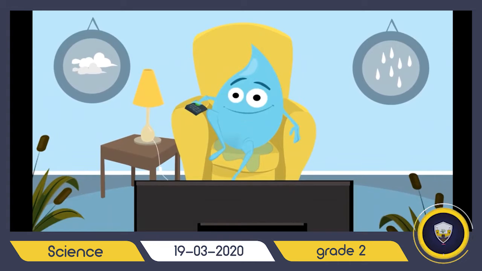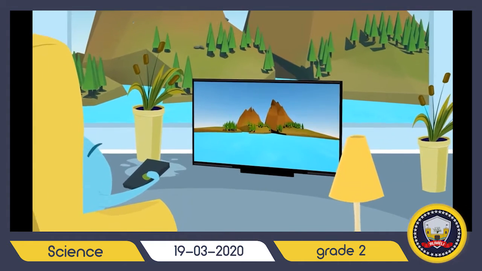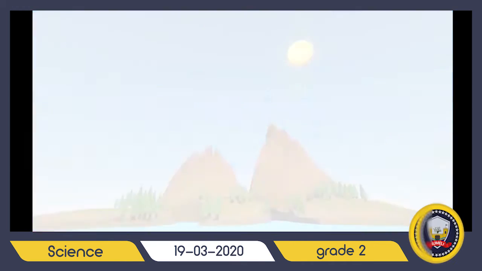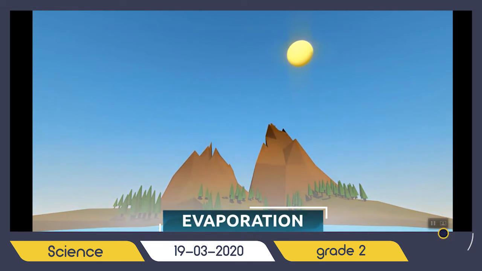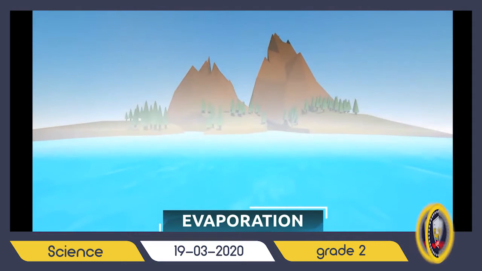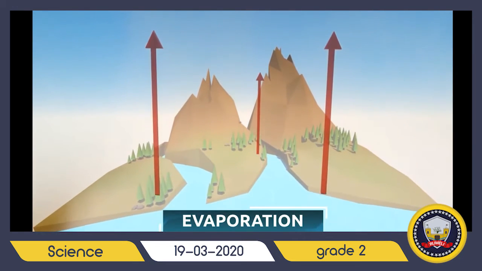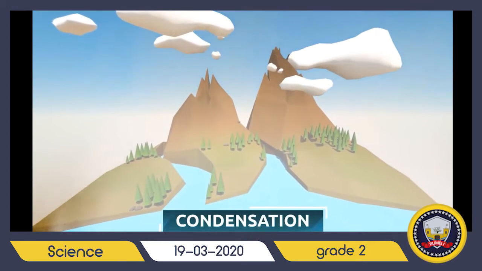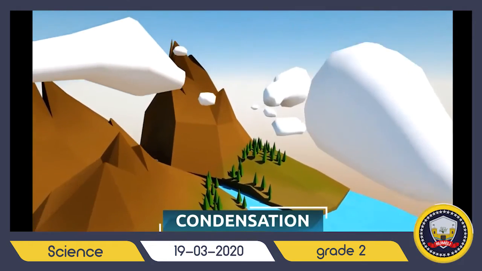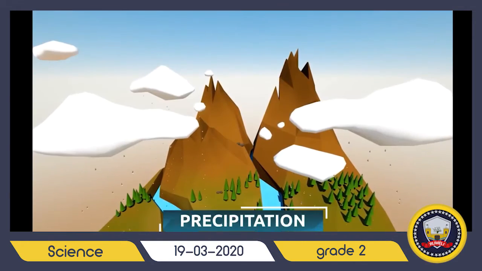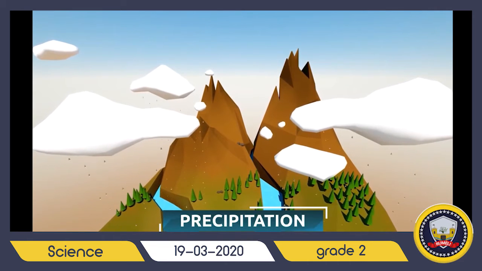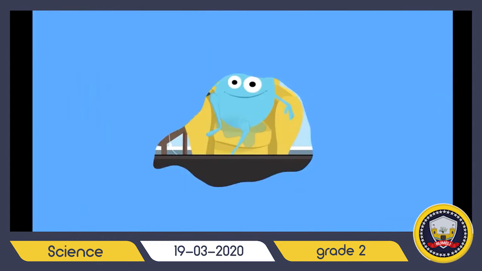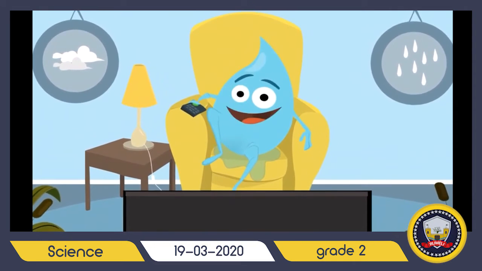Let's go through what we recorded. The water cycle is the route the water follows over the land surface, changing through different states. The first stage, which we have looked at, is evaporation. This is when water changes into vapor, thanks to sun heat. Water vapor goes up to the sky to form clouds thanks to condensation. When water vapor cools, tiny droplets are formed and they come together for precipitation to happen. That's all about the water cycle. See you around, friends.